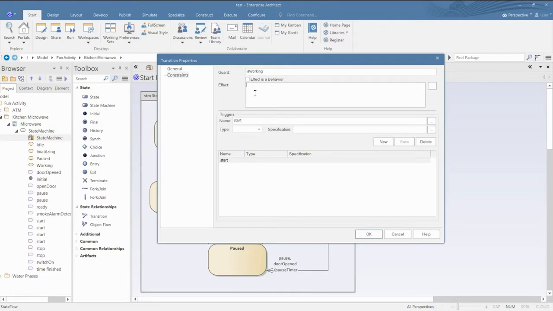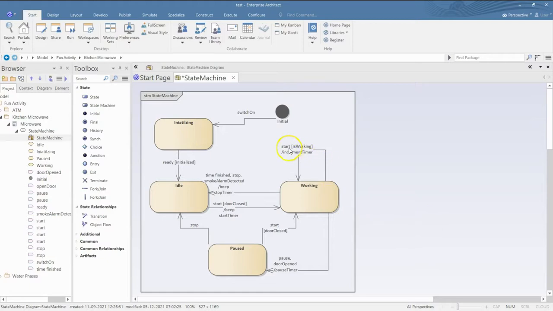And the effect of that is increment timer. Yes, that is the effect of this event. Okay, so that is one additional thing that I observed, and which I am documenting here.